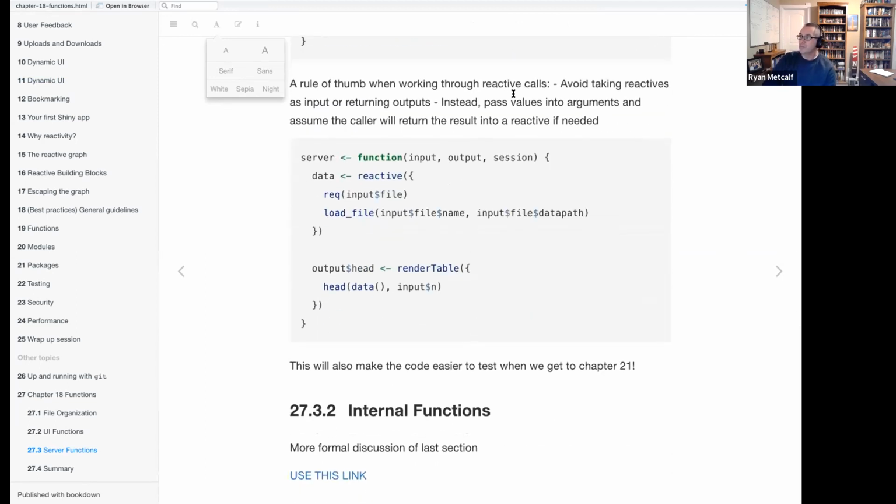A rule of thumb when working through reactive calls: avoid taking reactives as input or returning outputs. Instead, pass values into arguments and assume the caller will return the results into a reactive if needed. Colin, this expanded into your topic last week and the placement of the reactive call. The use case we were discussing was you had a reference to a reactive variable, and every time the function was called, it would reset the variable and not maintain it in a persistent